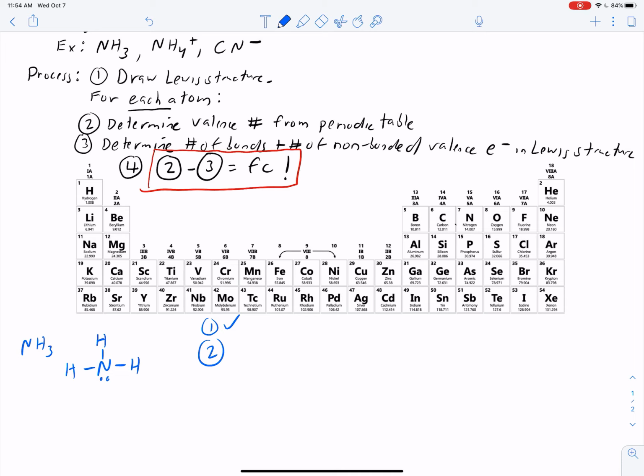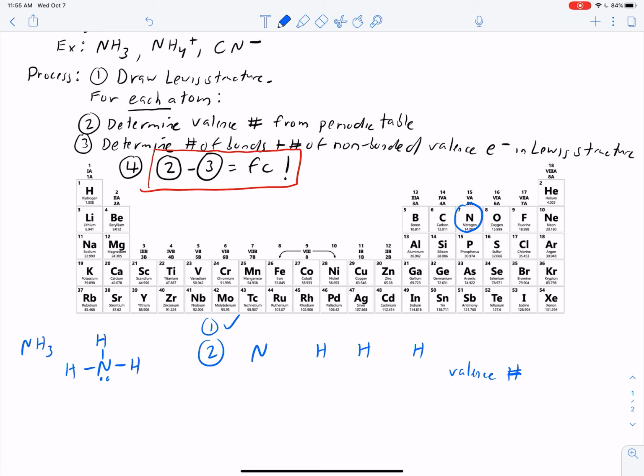Step 2, for each atom, determine the valence number. And so I'm going to actually just write the atoms down. Say, okay, for each atom in this Lewis structure, I need to determine the valence number from the periodic table. So the valence number is the number that tells us how many valence electrons that atom has when it's a standalone atom. And so, for example, nitrogen up here